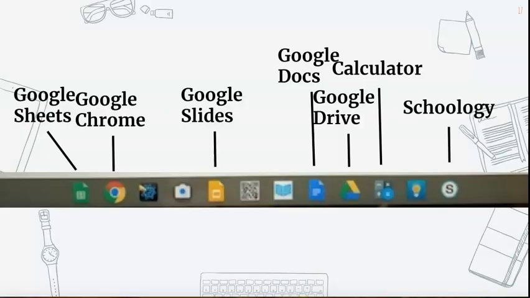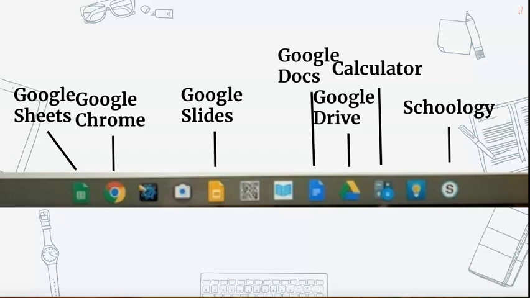So from here you can see, for instance, you have Google Sheets, you have the little icon for Chrome, Slides, Docs. You're going to see all of those views that will show up. Your camera view is also here if you wish to take a picture with your camera. For instance, if you are doing a hard copy with paper and pencil at school and you want to take a picture of your homework and submit it